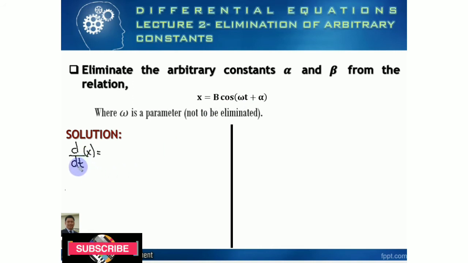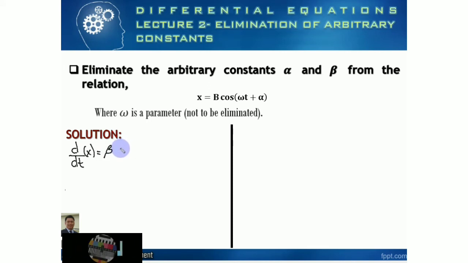Take note, our denominator here is dt because we are with respect to the variable t. The only arbitrary constants are alpha and beta, where omega is a parameter which is not to be eliminated. So the derivative with respect to t of x is equal to beta times